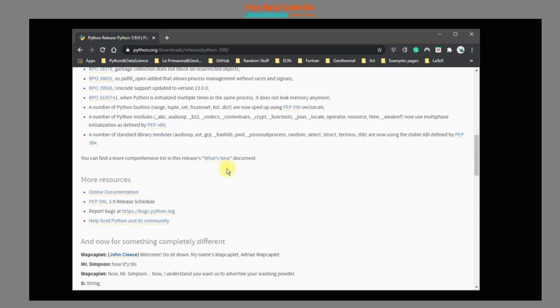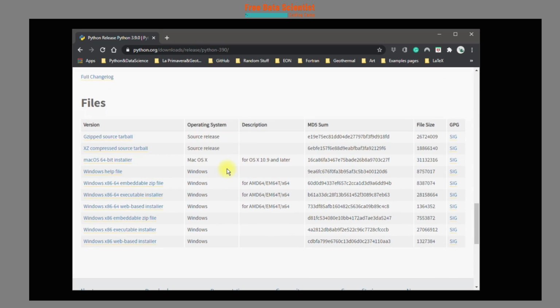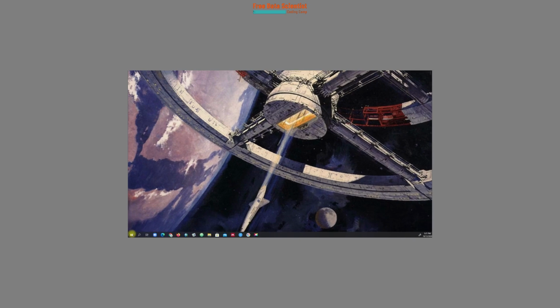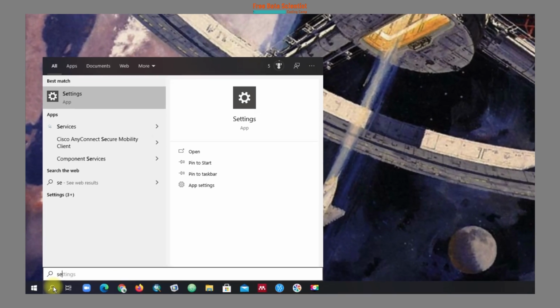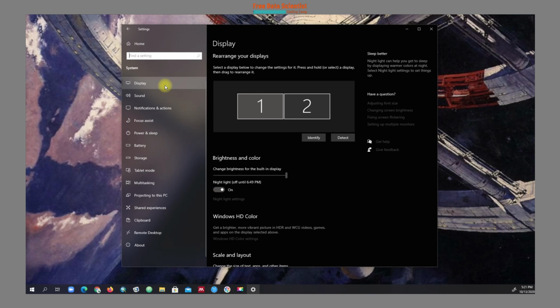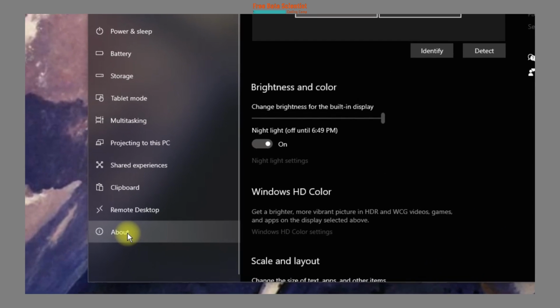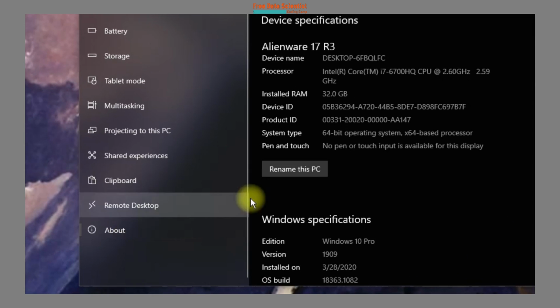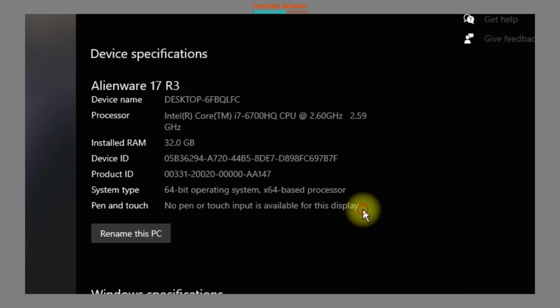You have to scroll down until the file section, and then you have to decide which Python fits your computer architecture. How do you know your computer architecture? You have to place in the search at the lower left part of Windows, then write settings and press enter. The window that pops up offers different options. You have to head to the first option, system, and click it there. Now from the menu on the left, click About, and in the device specifications you will find your system architecture. In this case I have a 64-bit.